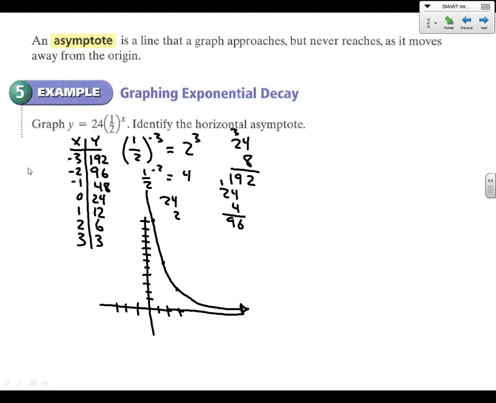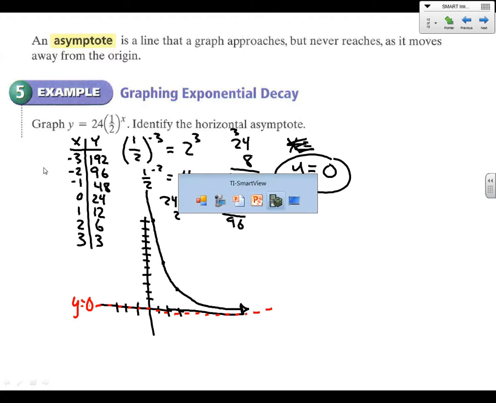never going to cross the x-axis here. We're never going to cross it. So our asymptote is horizontal, y equals 0. We are never going to cross the x-axis, the line y equals 0. So that's our asymptote. All right, quickly I want to make sure we know how to graph using our calculators